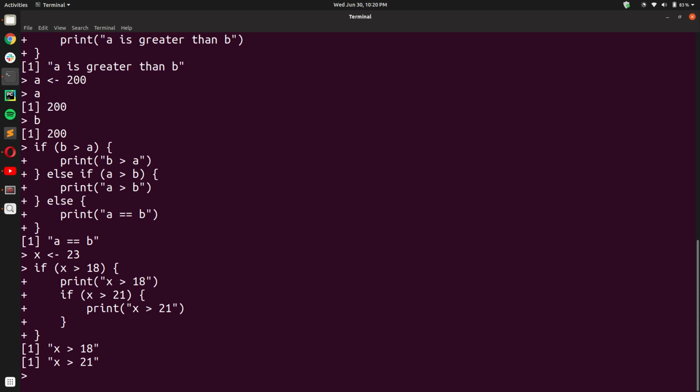This is because x had the value 23, and that is why the first condition, x greater than 18, returned true, so that code executed. Inside it, x greater than 18 was printed to the standard output. Then we got another if condition, if x greater than 21. Here x has the value 23, and it is obviously greater than 21, so the execution entered that if block also. In this way you can have as many nested if statements as you want. However, it is not generally considered good practice to have nested if statements, and it would be better if you can write them outside if statements.